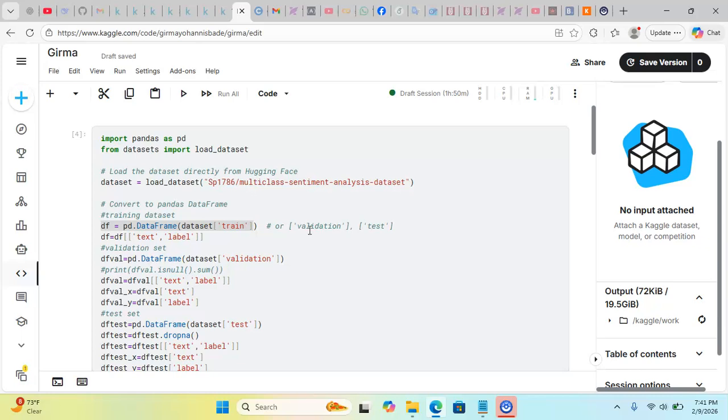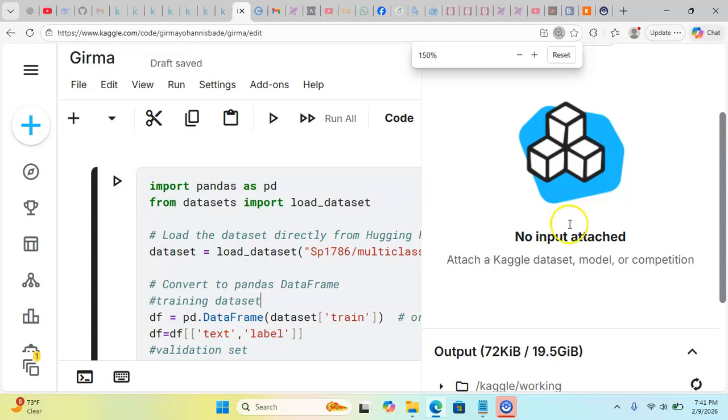Today, let's see how it works and how we can develop a model using traditional machine learning algorithms. There are many traditional machine learning algorithms, including logistic regression, support vector machine, random forest classifiers, decision tree classifiers, k-neighbor classifiers, multinomial naive Bayes, and so on. So let's see the practical